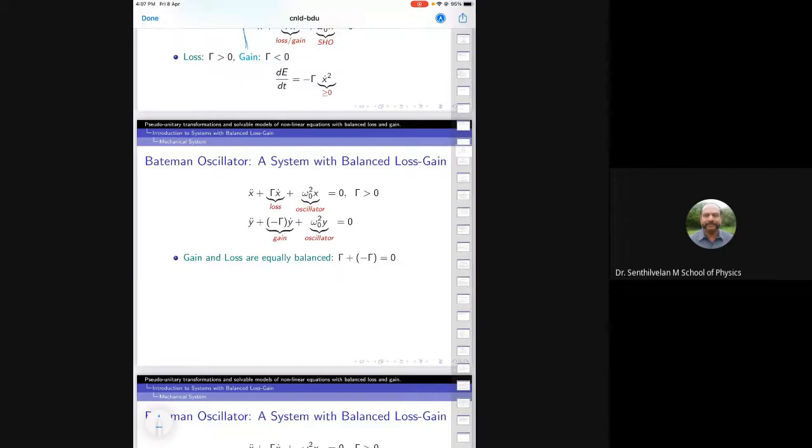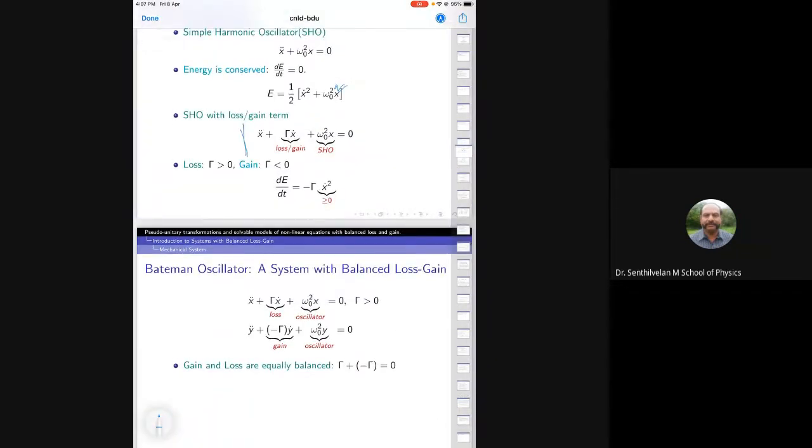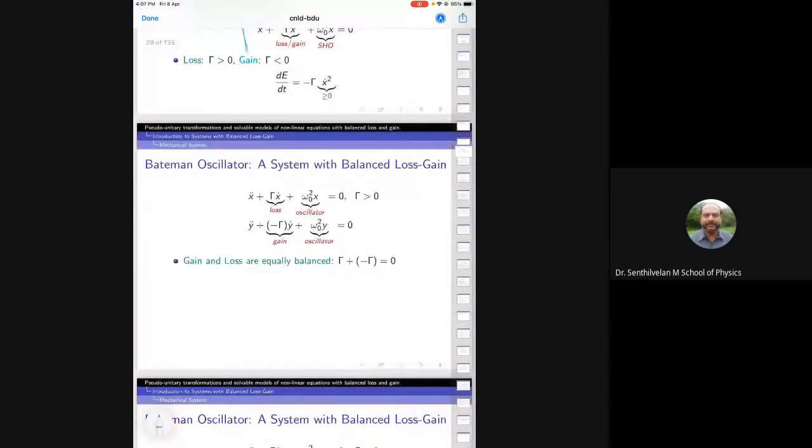The motivation was how to write down a Hamiltonian for a damped oscillator. The idea of Bateman was that for the X oscillator individually, one cannot find the Hamiltonian. Similarly for Y. But what Bateman did is a time-reversed version of the X oscillator. Time reverse means that if t goes to minus t, the second term gets changed, because x double dot has d squared by dt squared, and another variable. So you get a second oscillator, and the system as a whole,